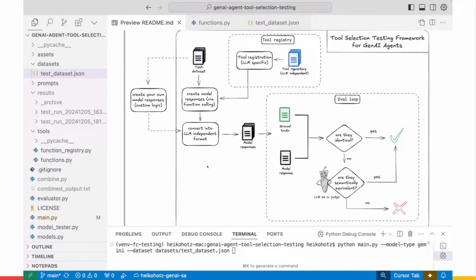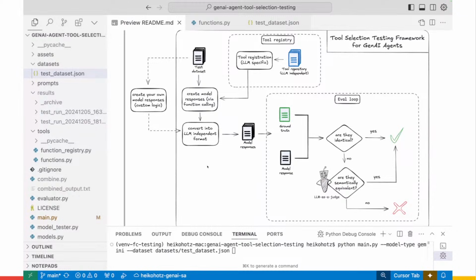We have a tool registry with tools in there. Together with the test data set, the foundation model will create a response based on the query and the tools that it has available. We then take these model responses and compare them to the ground truth and check if they are identical.